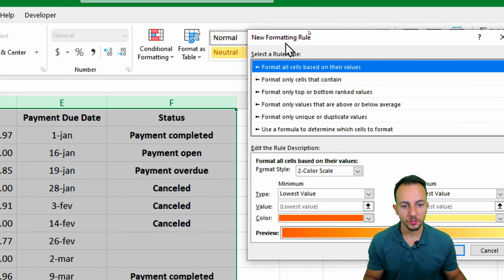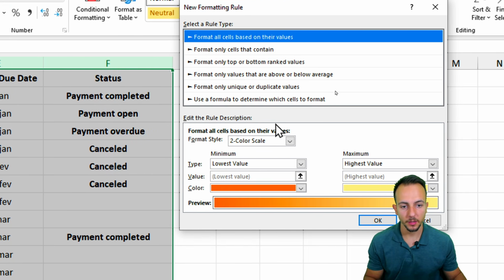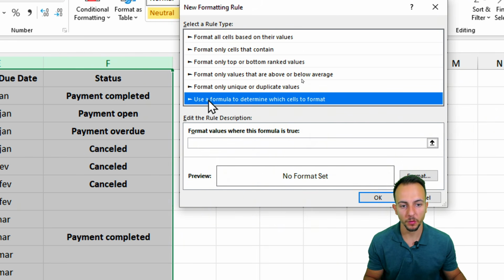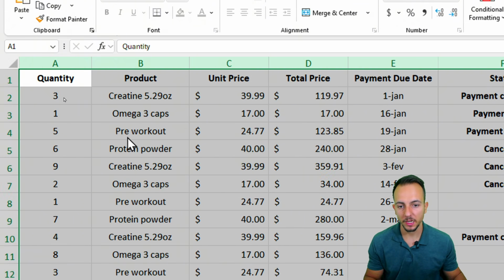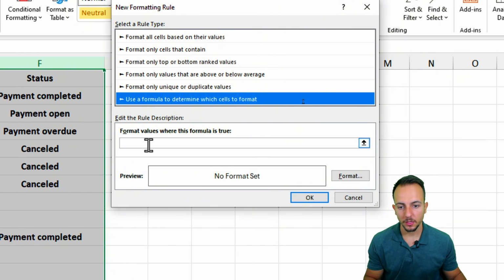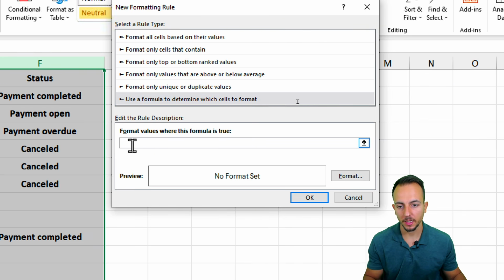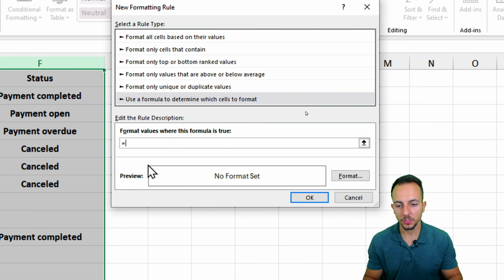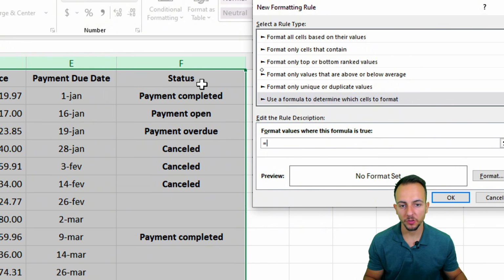Now with this new window that popped up for us, let's go to use a formula to determine which cells to format. Our range is already selected, and within this formula bar, I can click and then type the equals sign. I want to select the first cell that I'm going to use as the criteria. So it can be this one right here. And then in the second row, it's going to be this one, and then this one, and then this one,